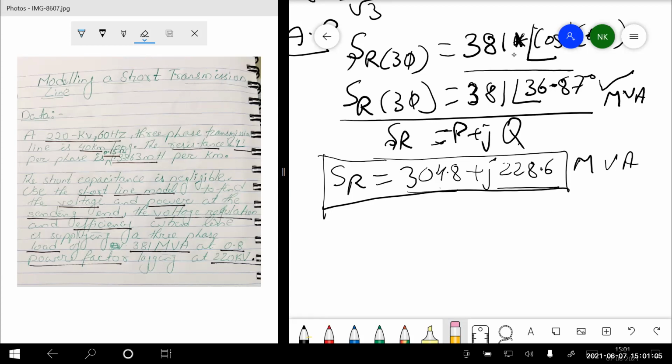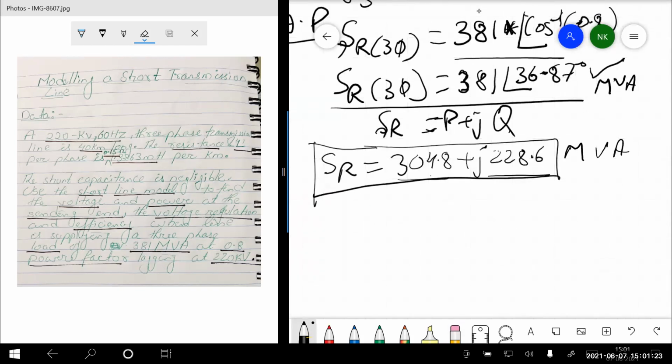Apparent power is only called the magnitude, right sir, the magnitude of active power plus reactive power. Right, so that's what I was doing. See, what apparent power have we been given? In the question itself, it is given. Just a minute. See, in this question it is given. This is your apparent power, right?